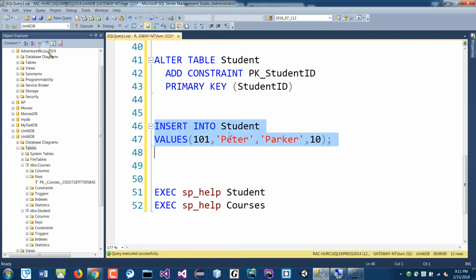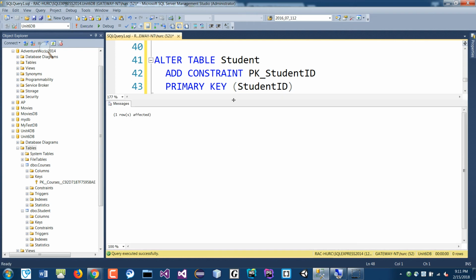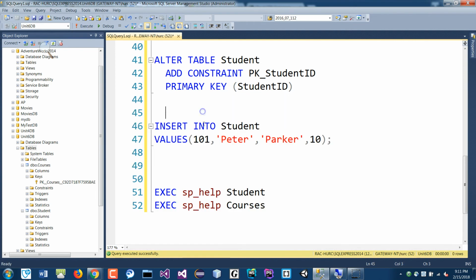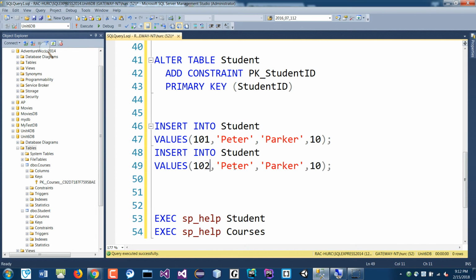Okay, so if you run that statement, it should be successfully added. And then let's add another one. We put 102. Let me just duplicate this. 102. Just change the last name to Pan. Okay, easy. And Peter Pan might be in the 8th grade. Yeah, he's still young. Yeah, 8th grade. Okay, so if you click add,